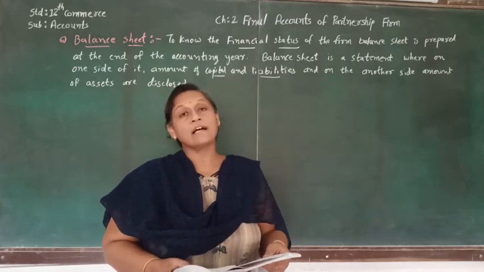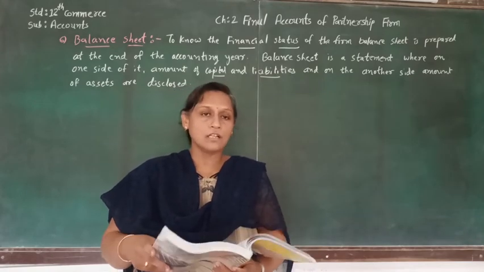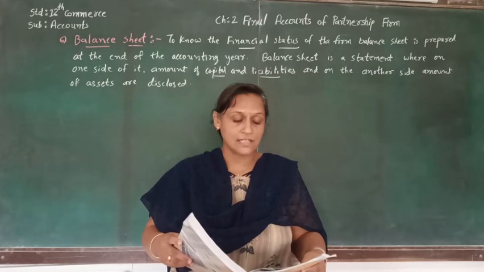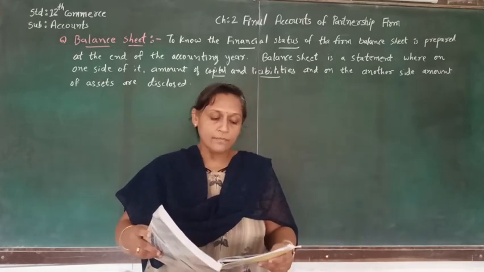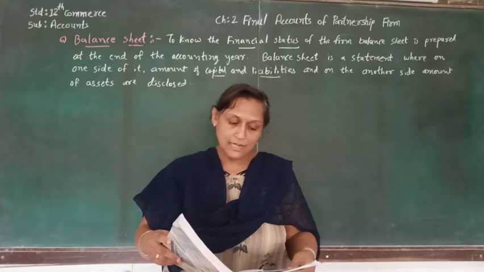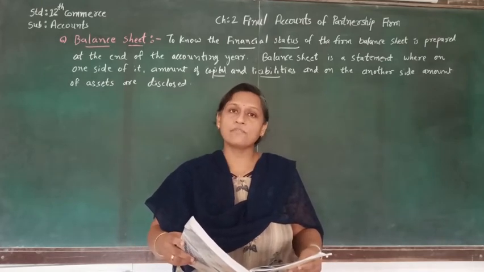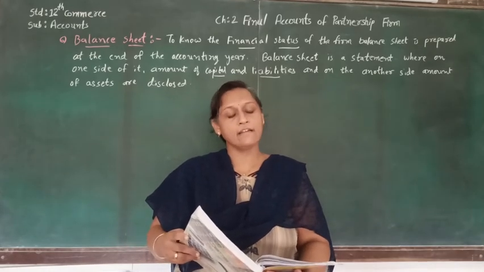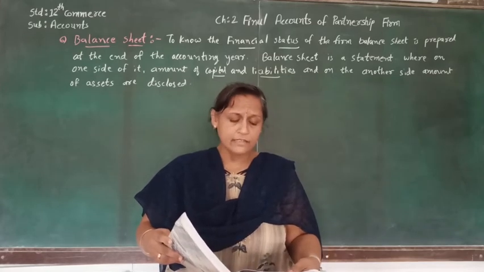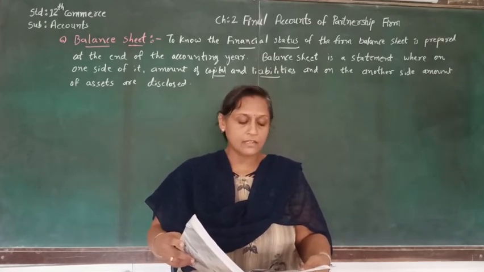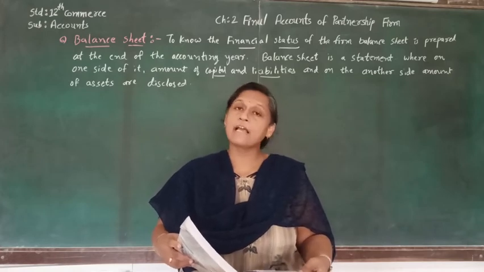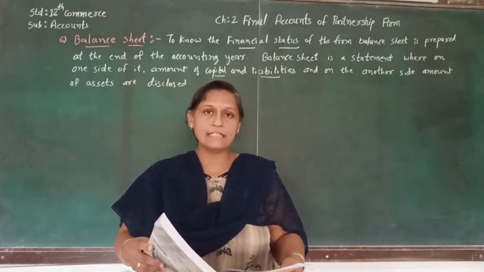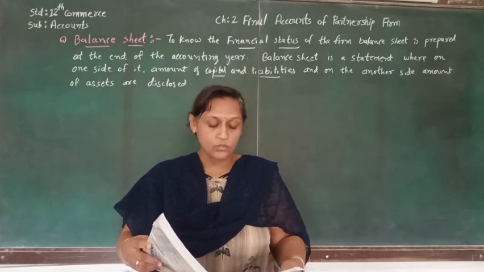After that, on the asset side of the balance sheet, that is on the right hand side, the very first asset is non-current asset. In the non-current asset there are two parts. In non-current fixed assets, very first is tangible assets. Tangible assets means those assets that we can touch and which have physical existence. In that, very first is land. Next is building, then leasehold property, then vehicle, machine, furniture and fittings, etc. So these are the tangible assets. After that there are intangible assets. In that, patent, trademark, copyright, goodwill, etc.